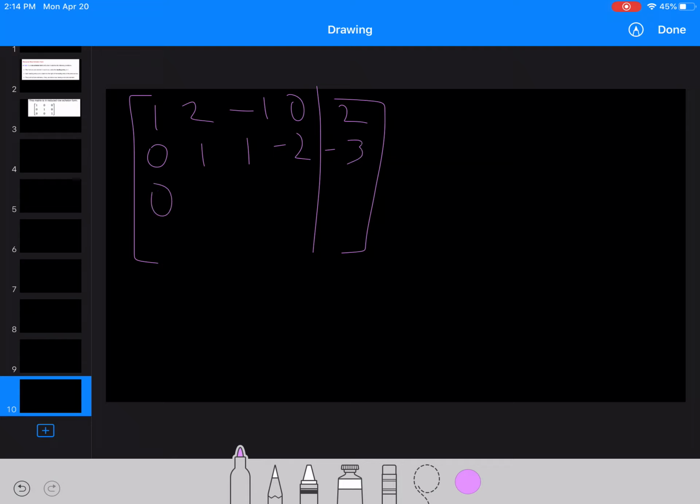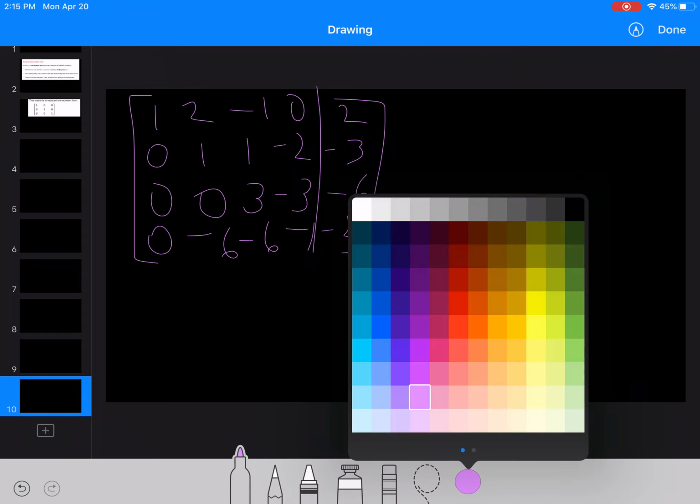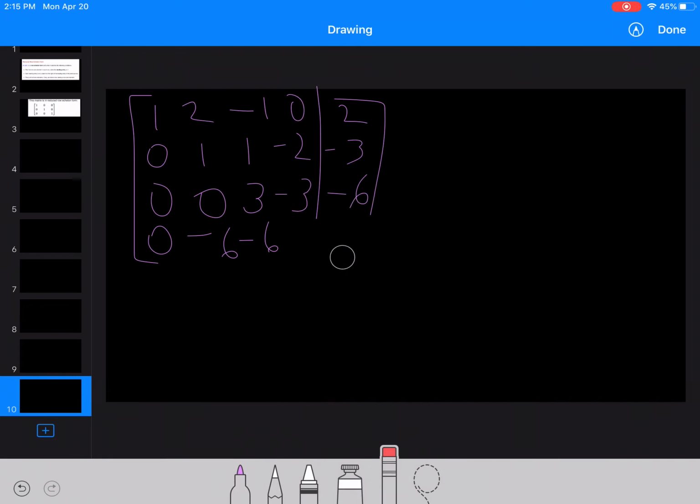Okay, so that becomes 0, 0, 3, negative 3, negative 6, 0, negative 6, negative 6, negative 1, and negative 21 there. All right, so that was negative 1 and negative 21. Okay. All right, so at this point,